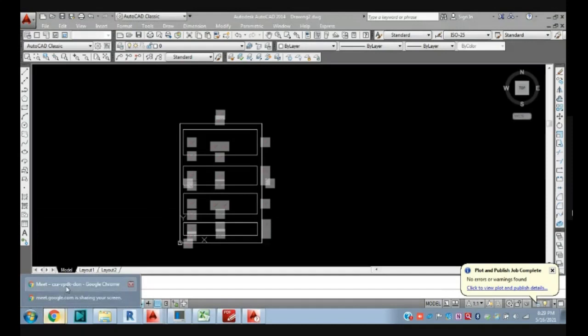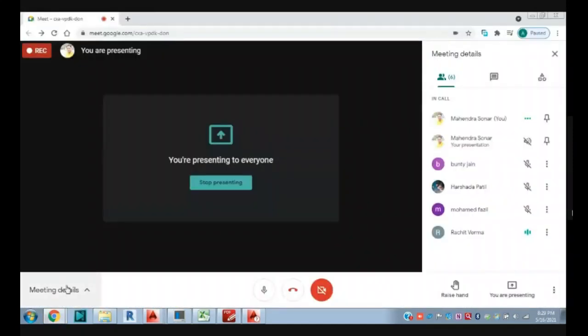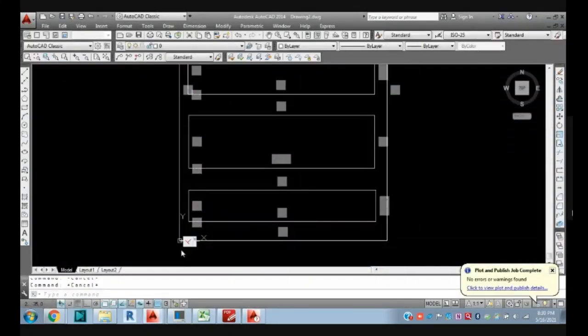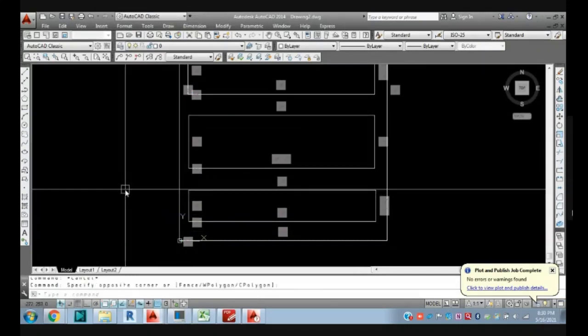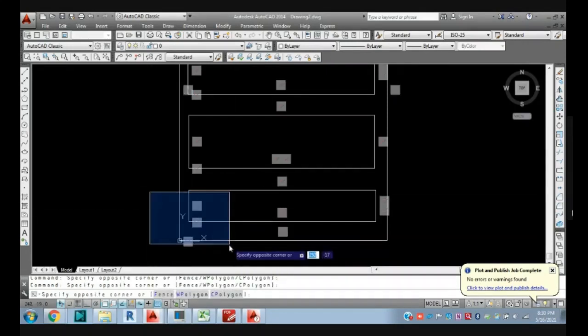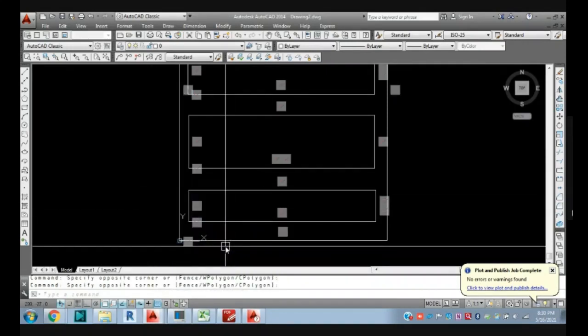Okay, sir. The x and y axis that is showing, how to remove that? Which one? At 0 comma 0, it is showing x and y. No, no, no. This X and Y is non-printable, so don't worry about that. Okay, sir. That is only for reference.